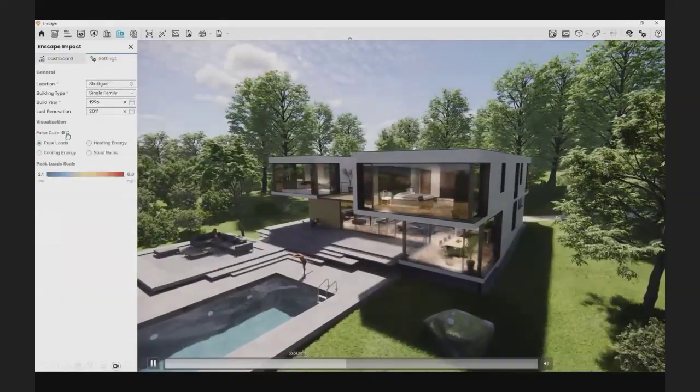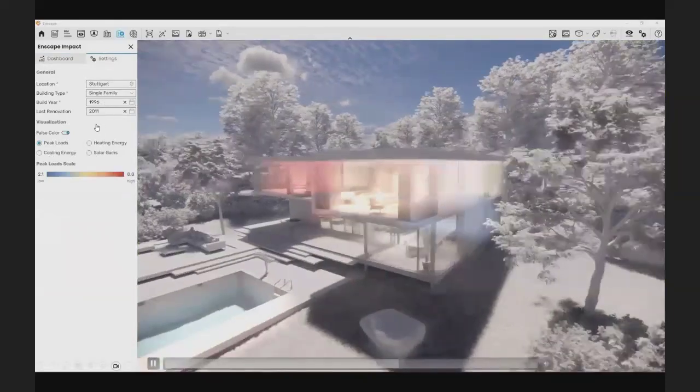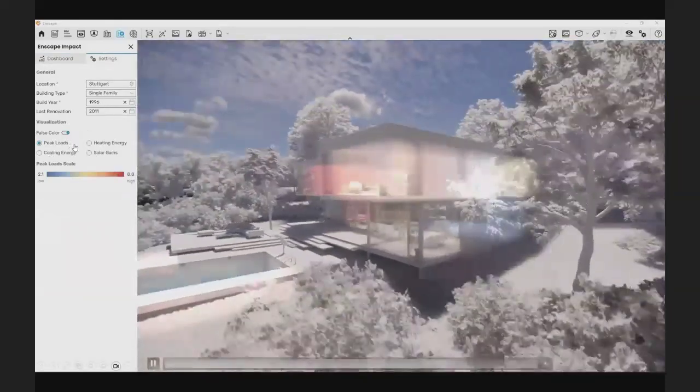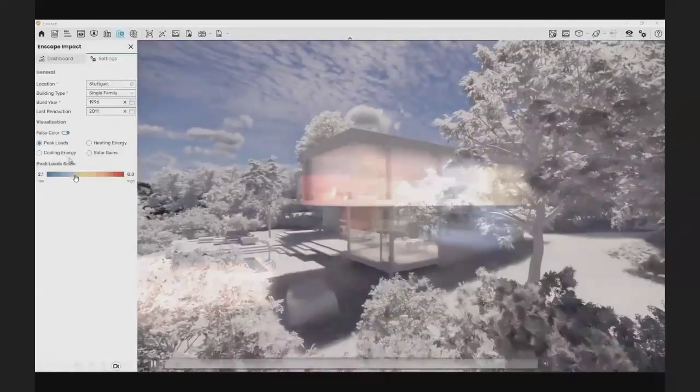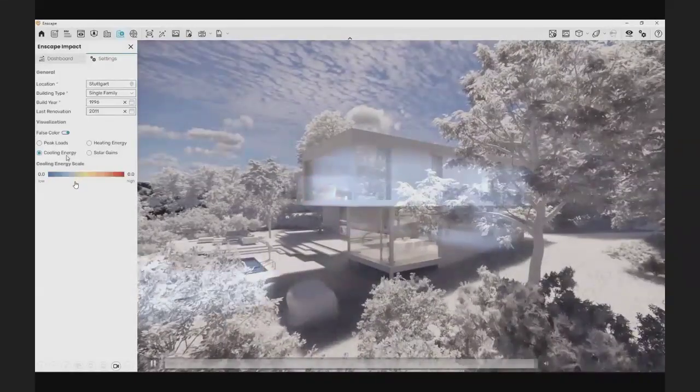Of course, when we are choosing all these things, we have false color, so we can present it directly in our viewport and have information on how much energy will be needed for cooling, how much energy for heating, or the peak watts of the building. Keep in mind that this is not information for certification.